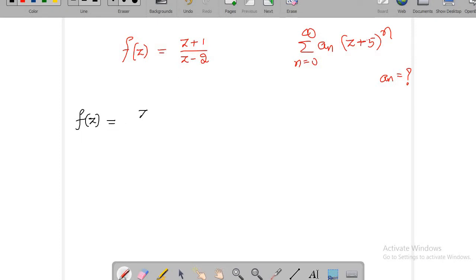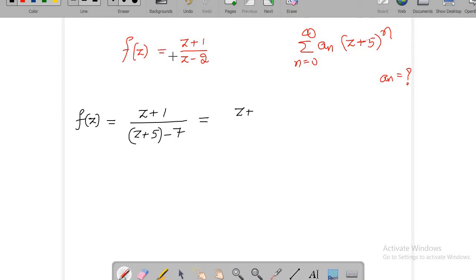So first, let me change the denominator with this term, that is z plus 5. So let me write it like z plus 5. If you want z minus 2, then you should subtract 7 from here. Now this is equal to,